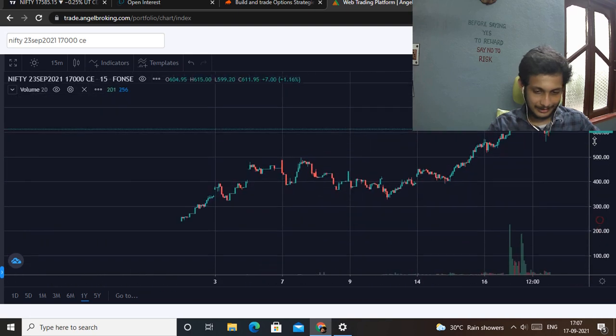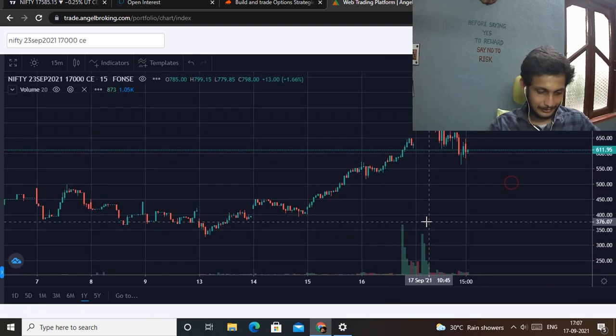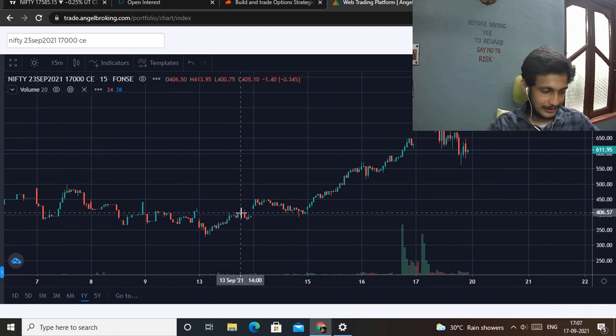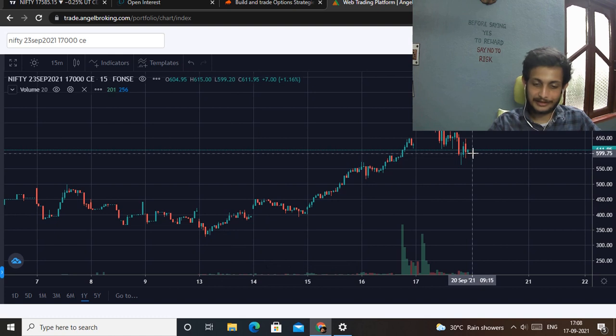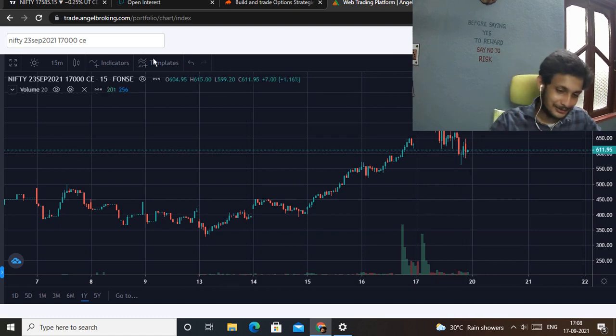Just have a look at this. Today it's 17th of September, and on 13th of September sellers sold it at a price of 300 or 350 right over there, and right now it is at a price of 611. Okay, 100% loss. Most of the people have hit their stop loss and all. Such a scary thing. So now it's too much of a test of patience for the option sellers who sold the 17,000 call. So there is a panic right there.